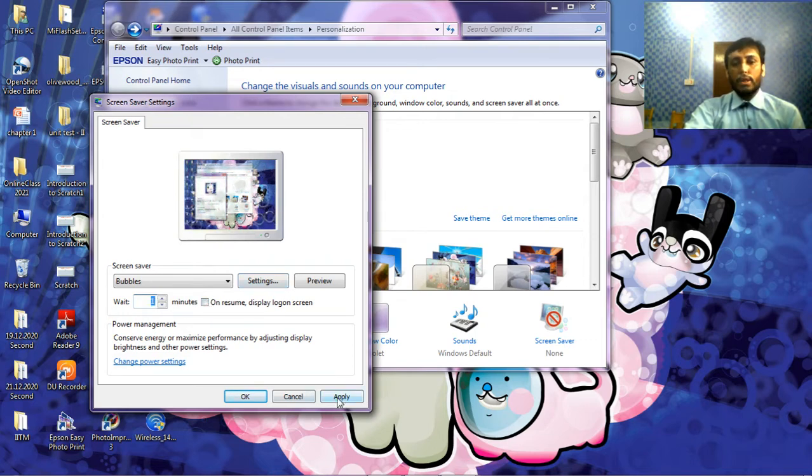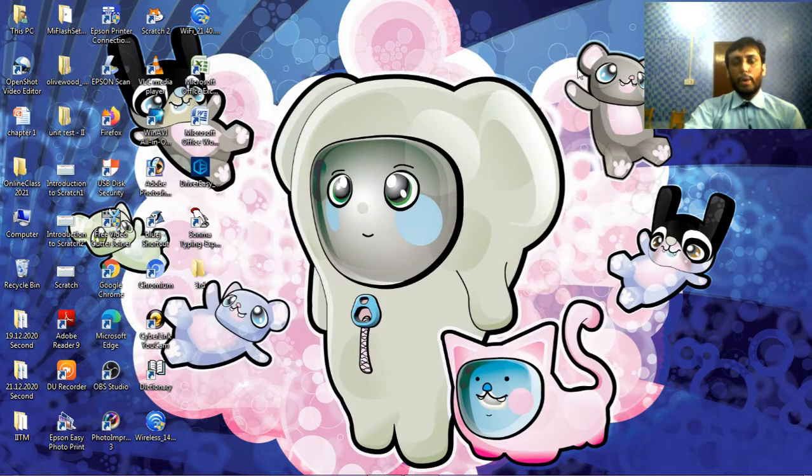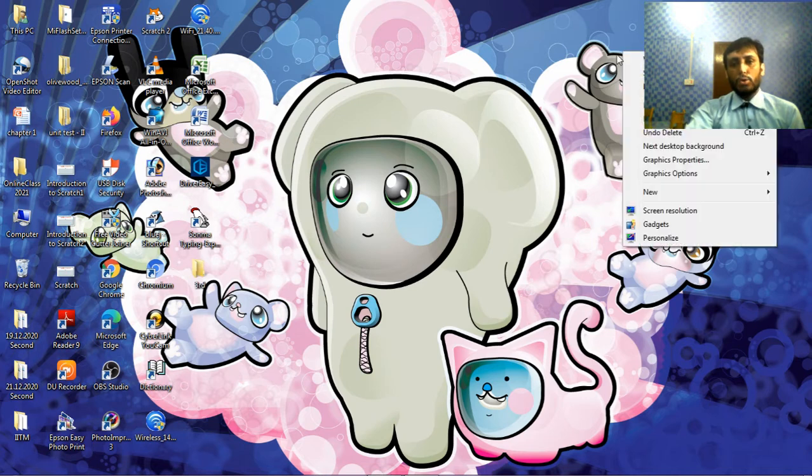Then click on Apply and then click on OK. Then your screensaver is implemented. So whenever you are not working for 1 minute, your screensaver will come and be displayed. So this is how you can use a screensaver on the desktop of your computer.